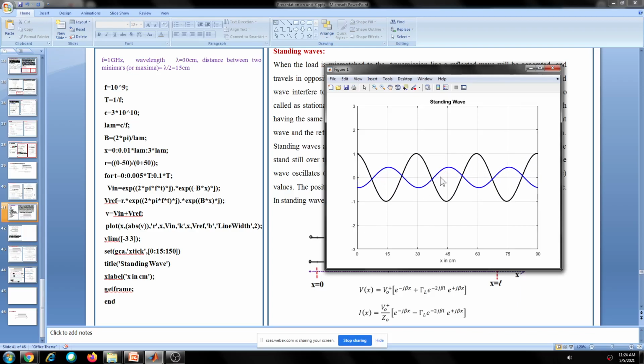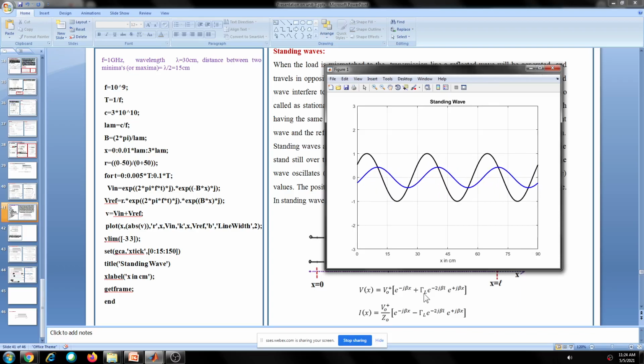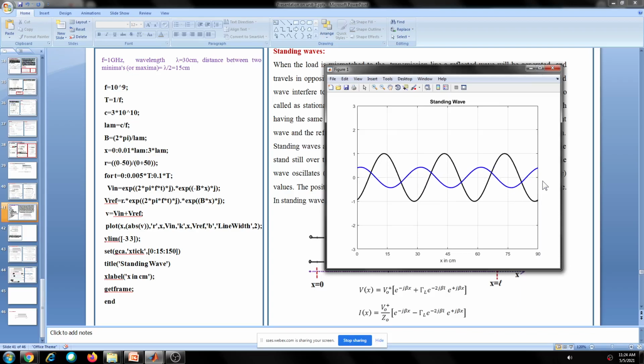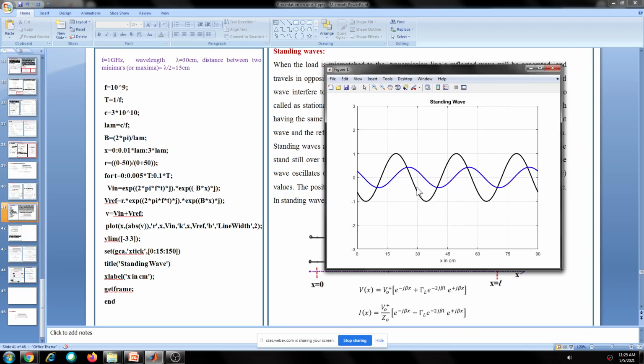So okay, anyway, based on the transmission line equations, there is a reflected wave, and its phase and amplitude also depend upon ZL, and two waves are now moving like this. With respect to time, they do not stay over the line. But if you add these two waves, how does it look? Addition of these two waves, incident and reflected.